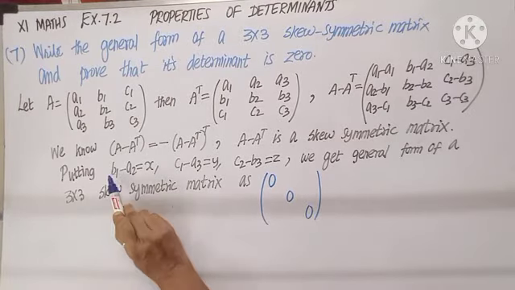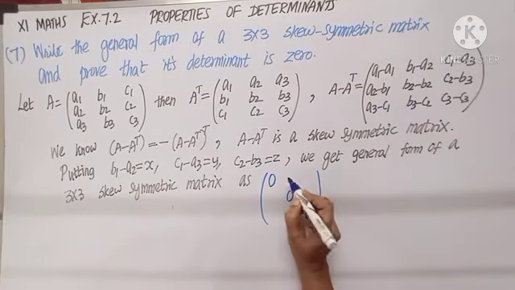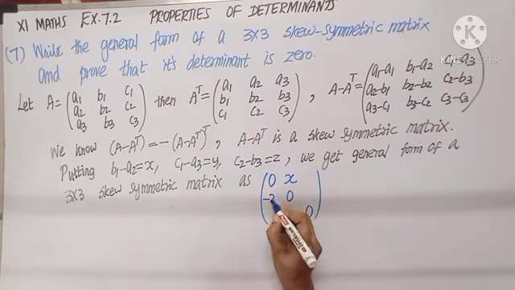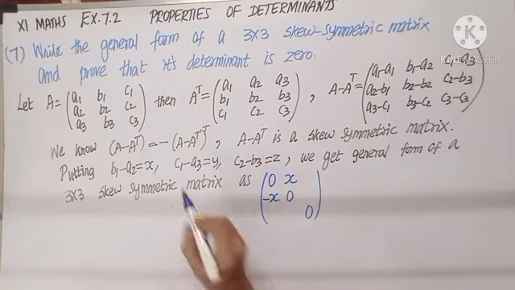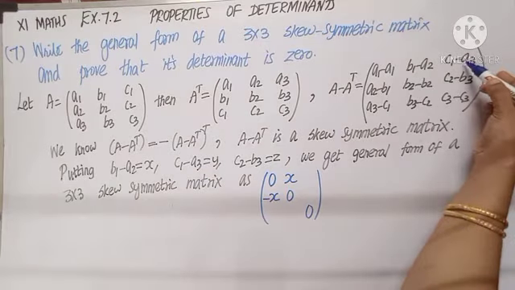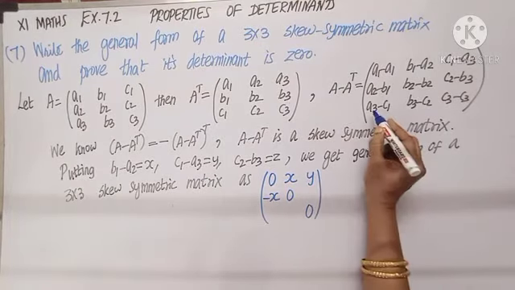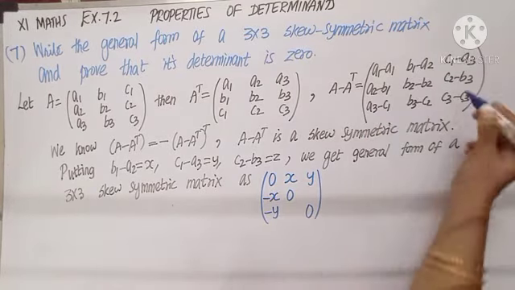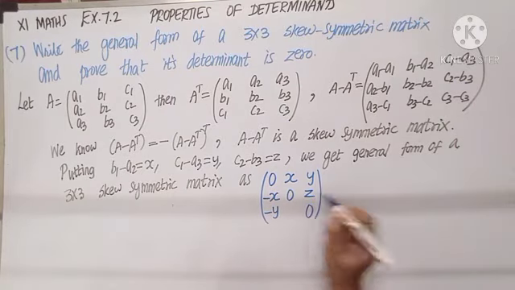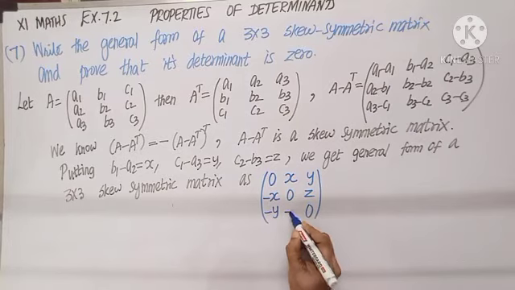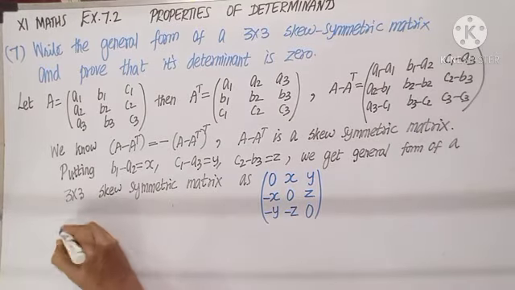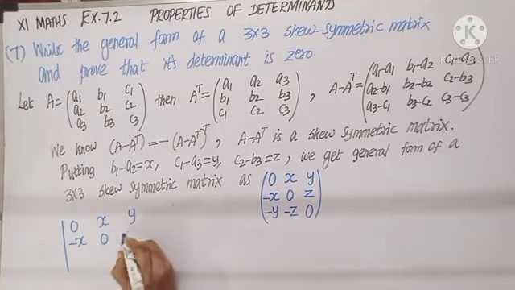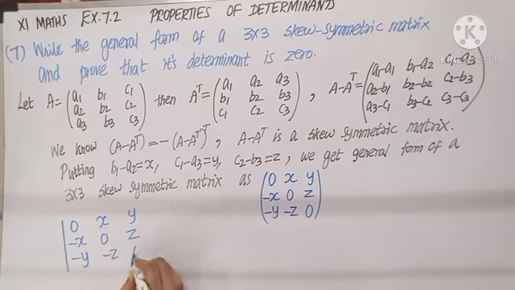If I put b1 minus a2 as x, here I have the reverse, a2 minus b1, so it is minus x. If I put c1 minus a3 as y, here I have a3 minus c1, so it is minus y. Putting c2 minus b3 as z, we have b3 minus c2, so it is minus z. To get the determinant of 0, x, y; minus x, 0, z; minus y, minus z, 0,